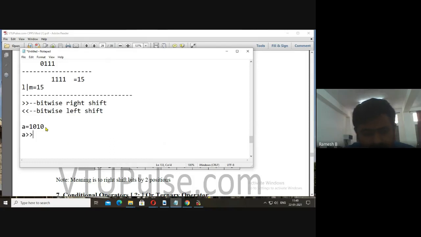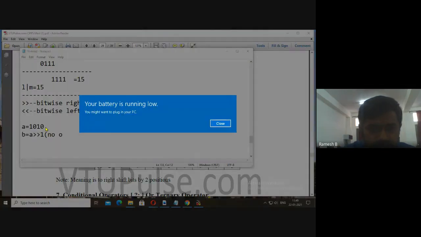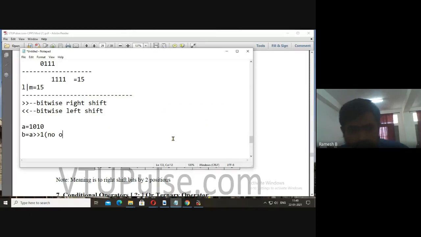A right shift by one time, and place the result in B. Here we must specify the number of times it is shifted.